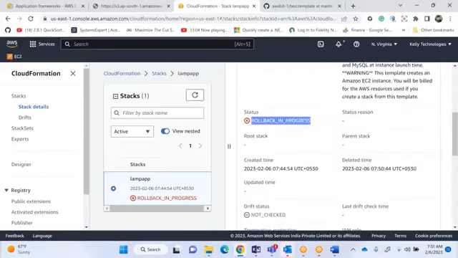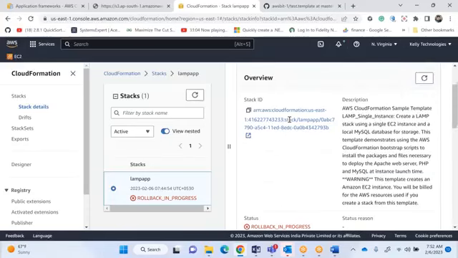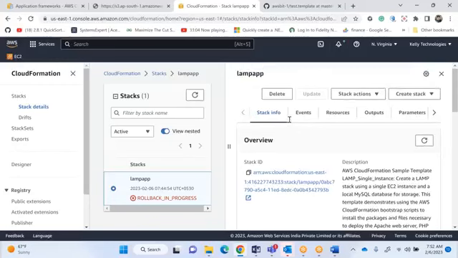Just take an example. Mention the username and password correctly. I think it is expecting a capital letters username. I provided a small letter. But this is the way you launch it, this is the way it will create it, and this is your CloudFormation infrastructure.